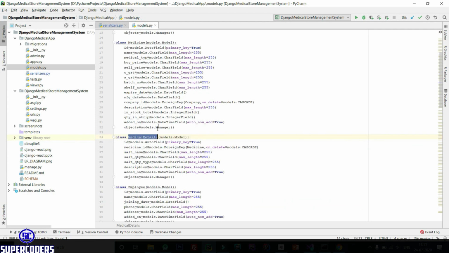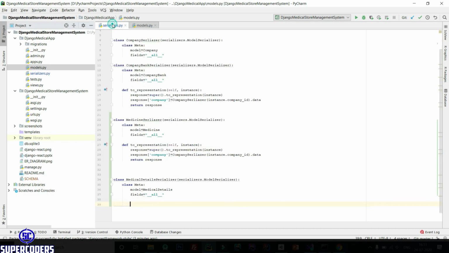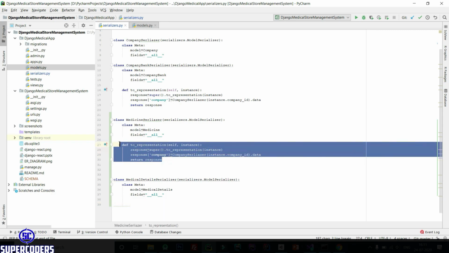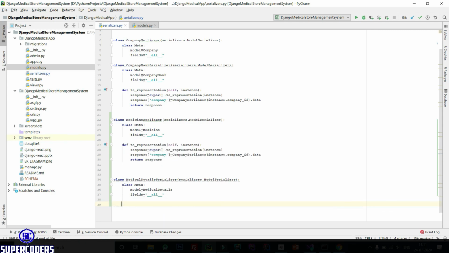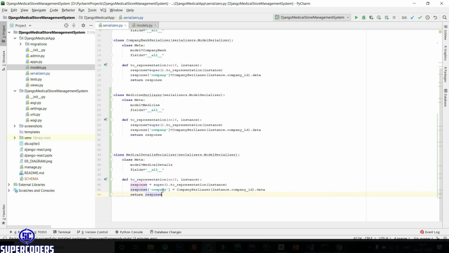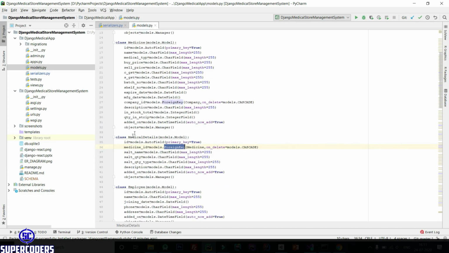Also let's see, there is one more foreign key. So you need to again call the to_representation method. Copy this code and paste here and check what this is. So it's medicine ID. So you have to return the data of medicine details.